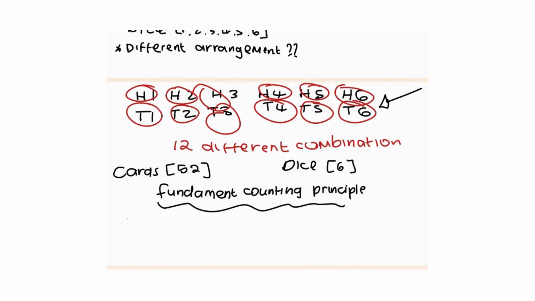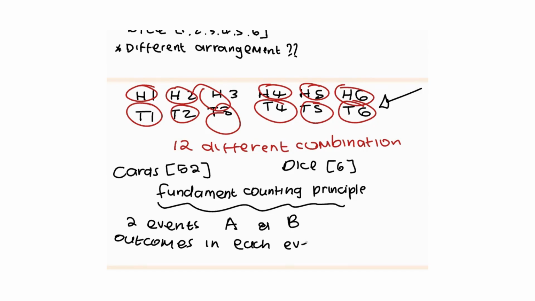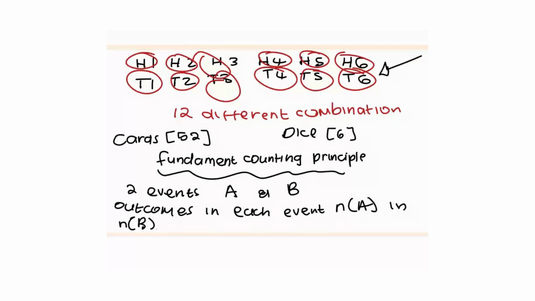It says if you have 2 events, let's say events A and B, and the outcomes in each event, in A you have n number of outcomes, in B you have n number of outcomes. To find the different combinations, to find different arrangements,